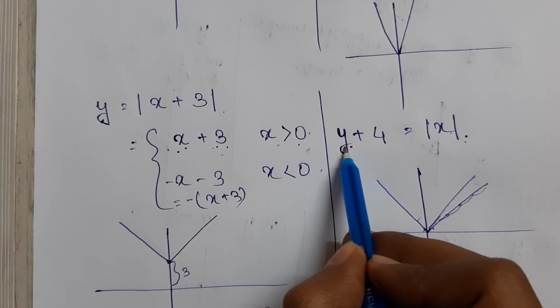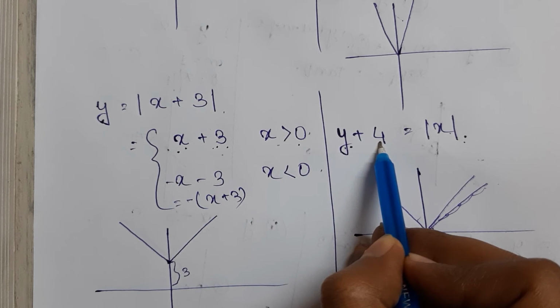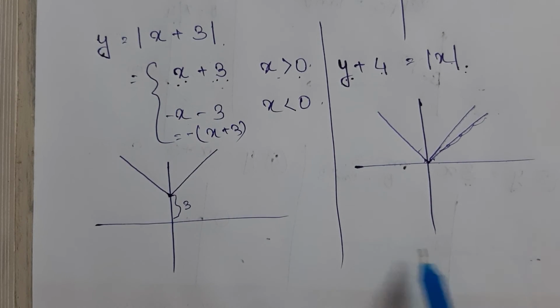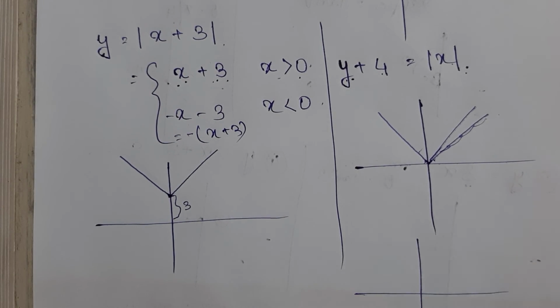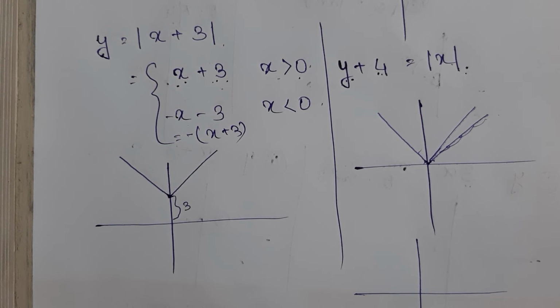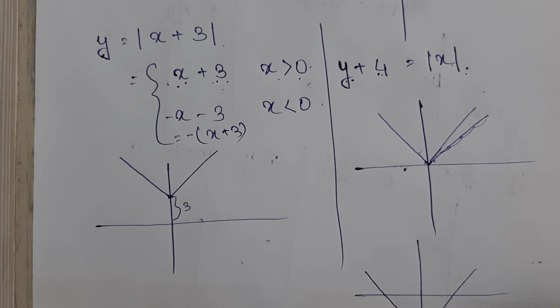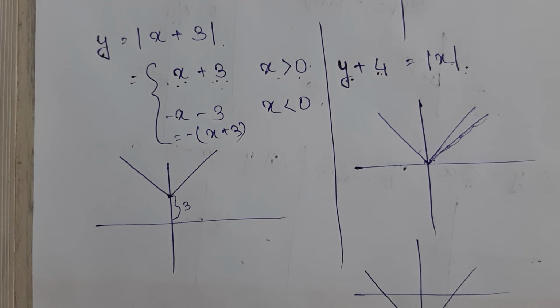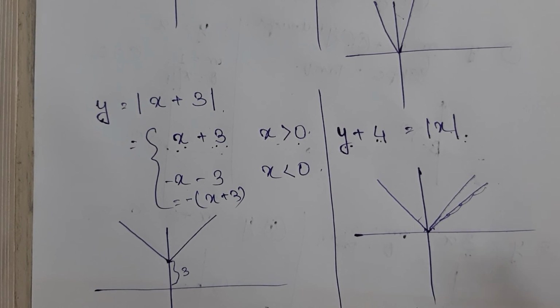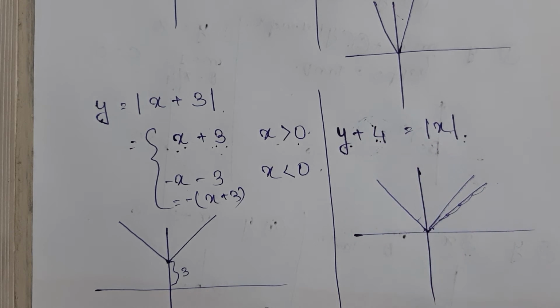Now, it's y plus 4. Right? Y plus 4 means if we take this side, then it will go down like this. It will go down to where? Minus 4, right? Sorry. It will go down to minus 4. So I think you have understood how we can draw this. Means, check. When it is here, it will change here. Okay.